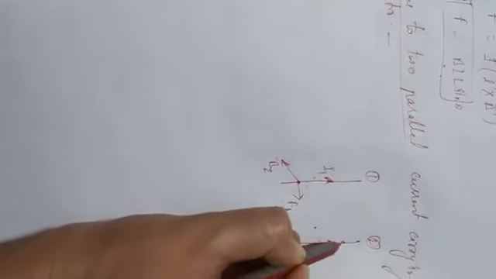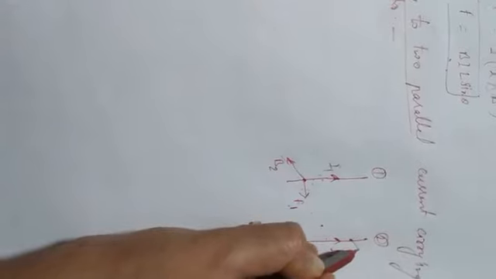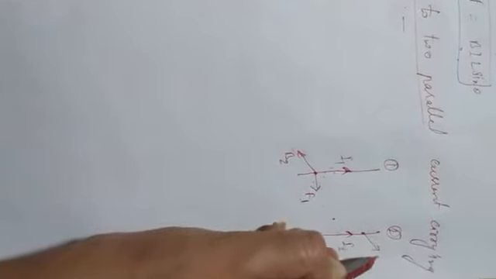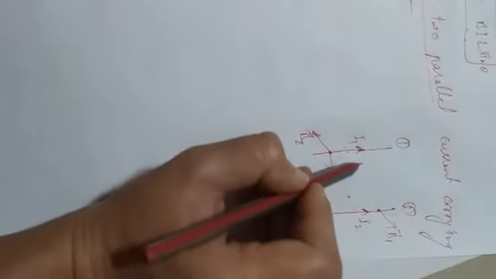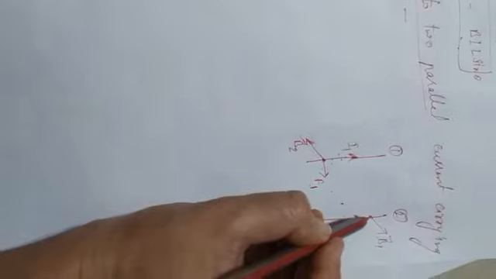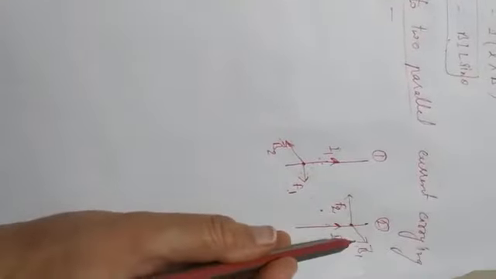Same here on this point, if we are finding, then due to this current carrying I1, the magnetic field will act in this direction. Here we can write B1. Why are we writing B1 here? Because this magnetic field is only due to this wire. Now the force acts due to this direction, then F2 will act in this direction. How can we find the direction of F2? By using Fleming's left hand rule. There this direction is given, then by using Fleming's left hand rule we can find the direction of F2. Now we can find their force.